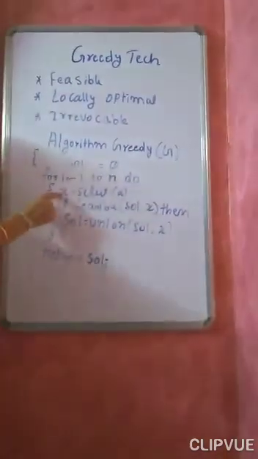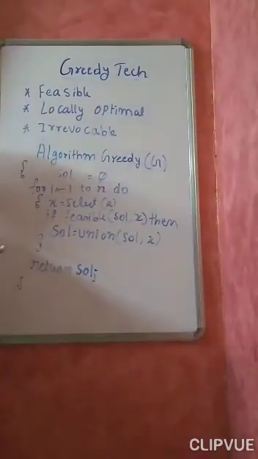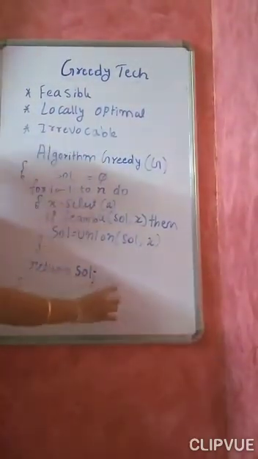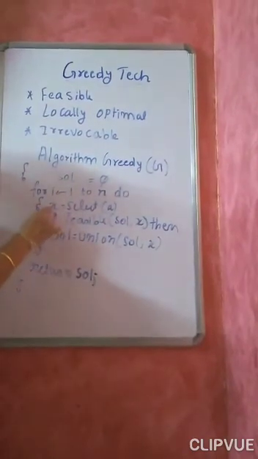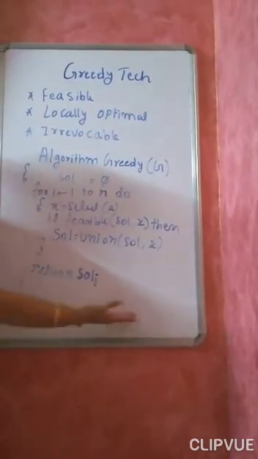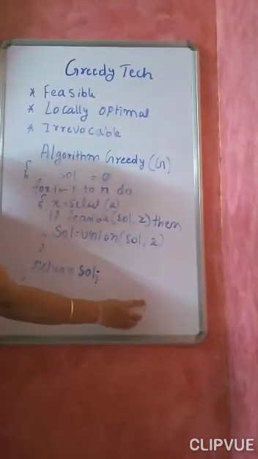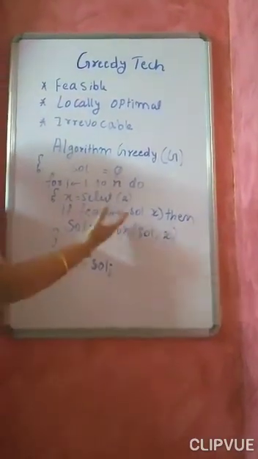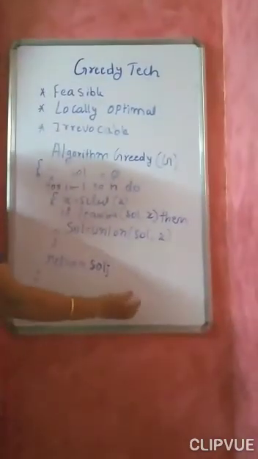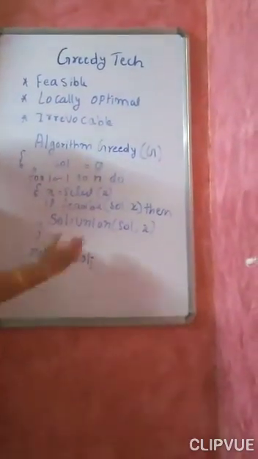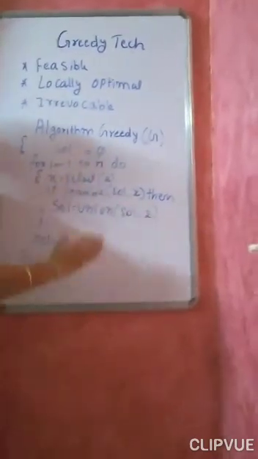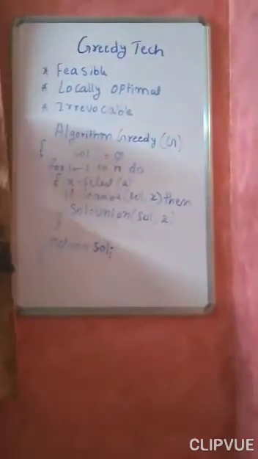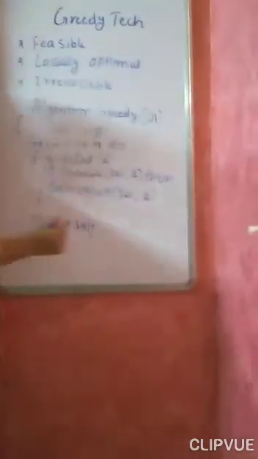In each iteration I am selecting one of the inputs. A is nothing but one of the inputs of the given problem. So I first select 1 and add it to the solution. Next I select 2, as in the previous example I was explaining. Then I check whether it is a feasible solution, adding 2. If yes, then select it. Then I choose one more path and check whether it is feasible or not, like that. In each iteration, one of the inputs will be selected. Usually the input for the greedy technique will be a graph only.